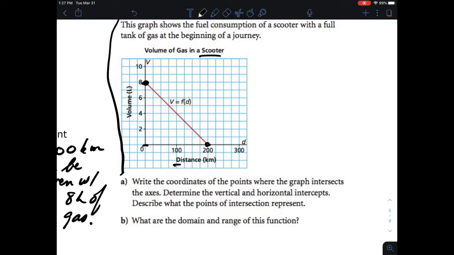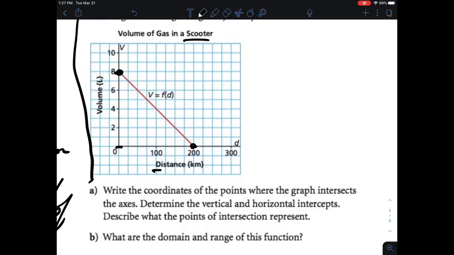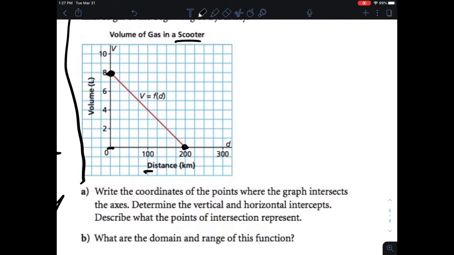Okay, so I wanted to show you how to write out an equation for a situation like this. In general, and this is what you want to write down so you remember how to do this, I write that the dependent variable, which in this case is volume,